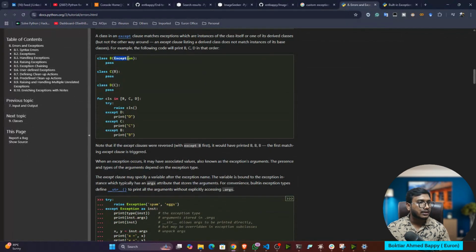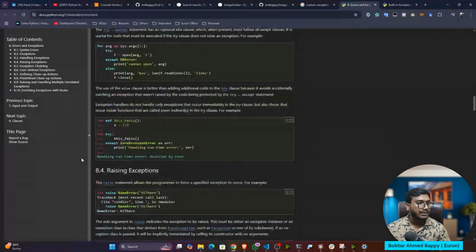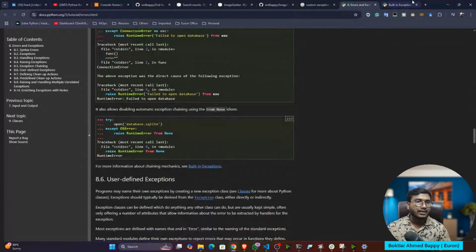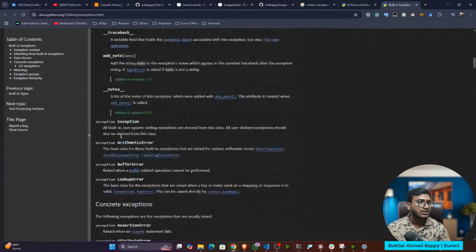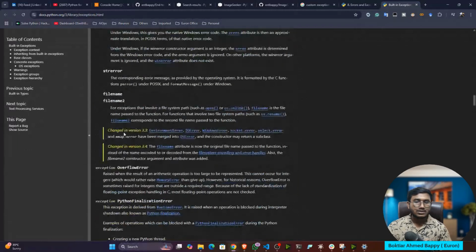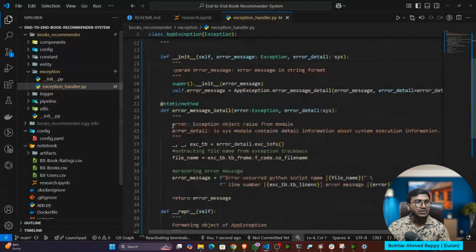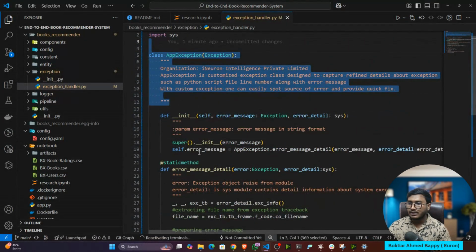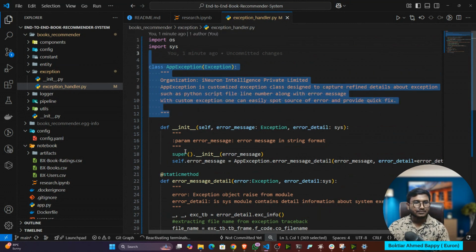See, you can inherit, then you can write some methods on top of that. That's how we can create our own custom exceptions. So this is the concept of Python. And again, I'm giving you my template. You can use this exception in every project. All the projects you will be implementing, you can use it.